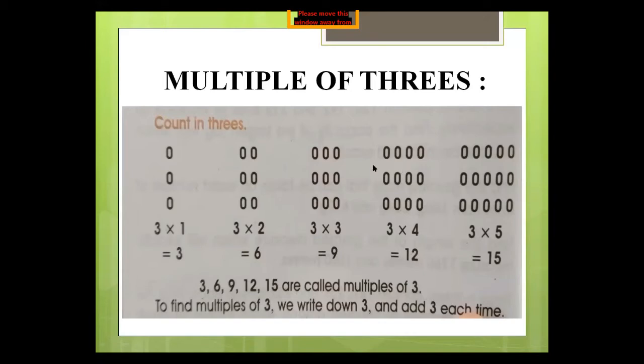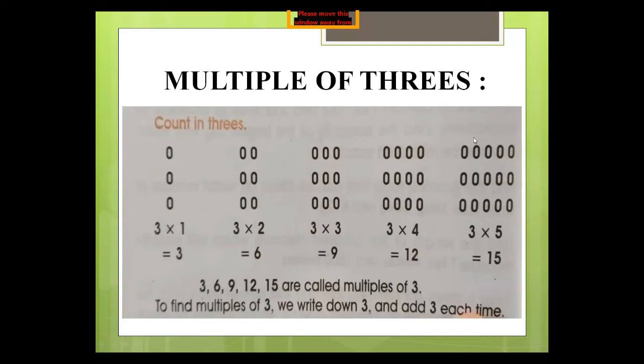Yes. Here, what is the multiple of 3 into 4? Here you see there are just 3 rows. And how many columns? 1, 2, 3, 4. 3 into 4 is equal to 12. Here you see the 3 rows. We firstly write 3. Then you find out how many columns: 1, 2, 3, 4, 5.